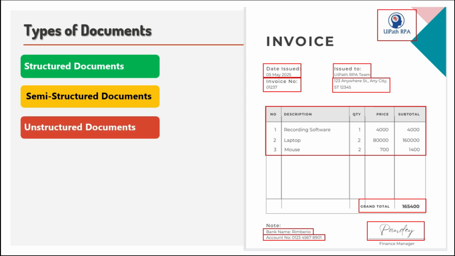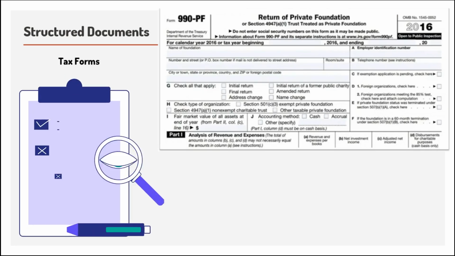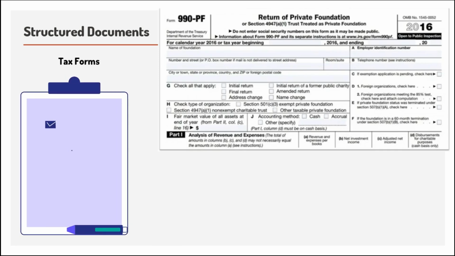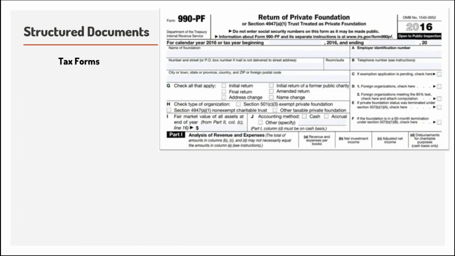Let's start with structured documents. Structured documents are like well organized forms. Think of this as a document with a fixed layout, like the same fields in the same places every time, and data is always in the same place. Structured documents are designed with clearly defined key value pairs that ensure organization and precision. Each field or piece of data is located in a predefined position and follows a standard format.